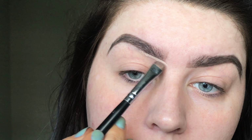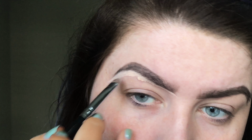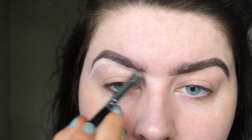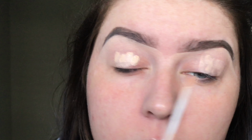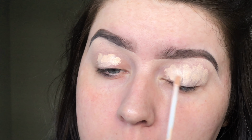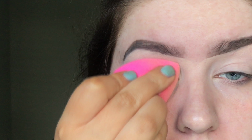Everyone needs this brush in their life. It's the E240 from, I think it's Mikasas Beauty. I might be butchering that, I don't know, but it just carves the brows out so well. I'm gonna take my concealer. It's the Fit Me concealer. I'm gonna blend that out as my primer, and then I'm just gonna set it with a little bit of